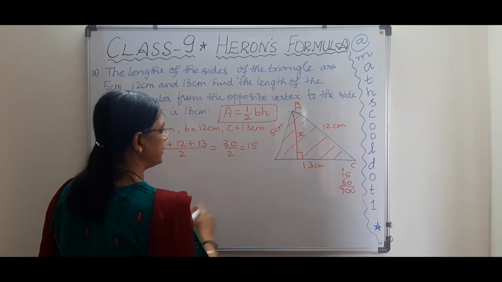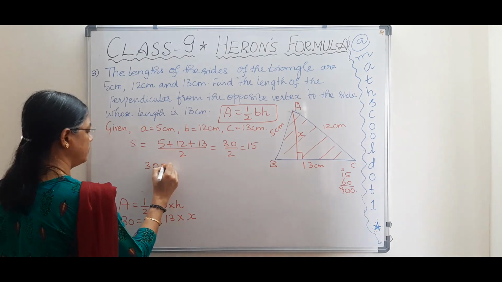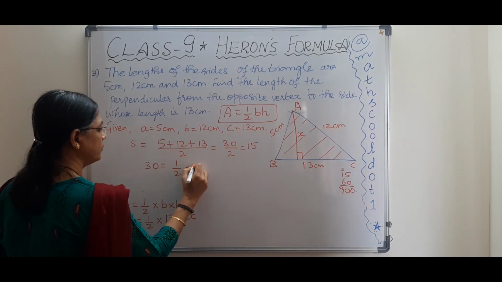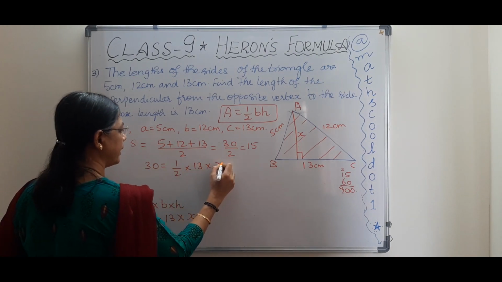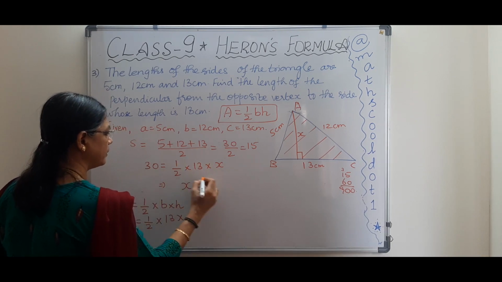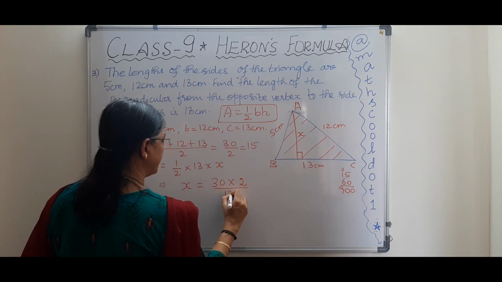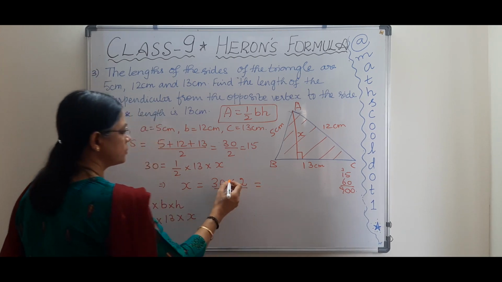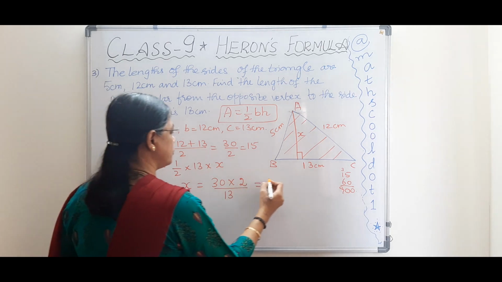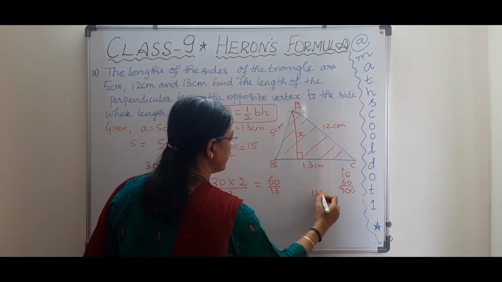See, 30 centimeter square is our area. Now 30 is equal to half into 13 into x. Now what is x? Keep x one side and bring all the things to the other side. 30 into 2 divided by 13. So 30 into 2 is 60 divided by 13. So approximately